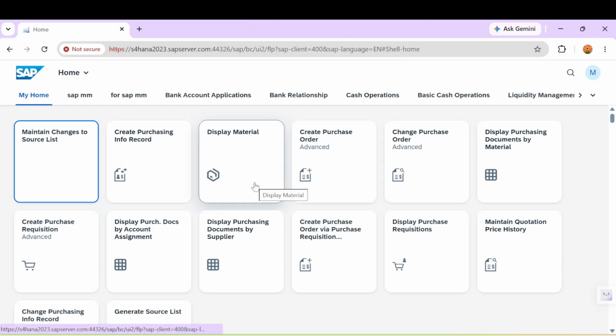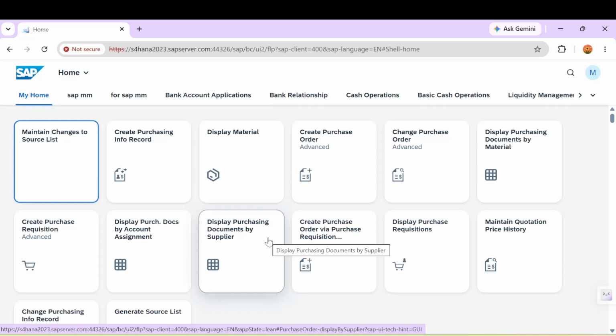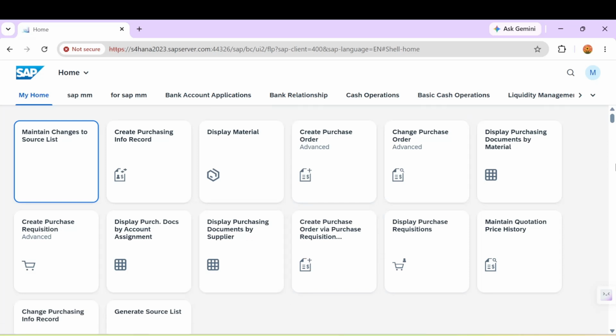There you just need to give your user ID and password. The same user ID and password that works in your GUI will work here. Whatever user ID and password you use to log in to your SAP system, the same will be there for Fiori also, right? These tiles will be visible as per the roles. If it's MM, then MM related roles need to be assigned from the backend in SU01. And if it's FI, then FI related roles need to be assigned.